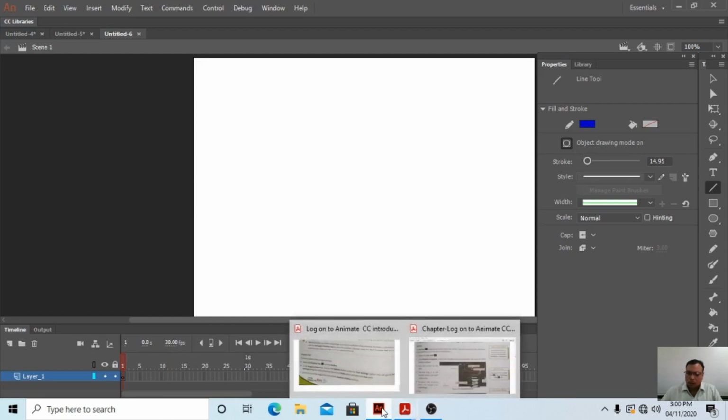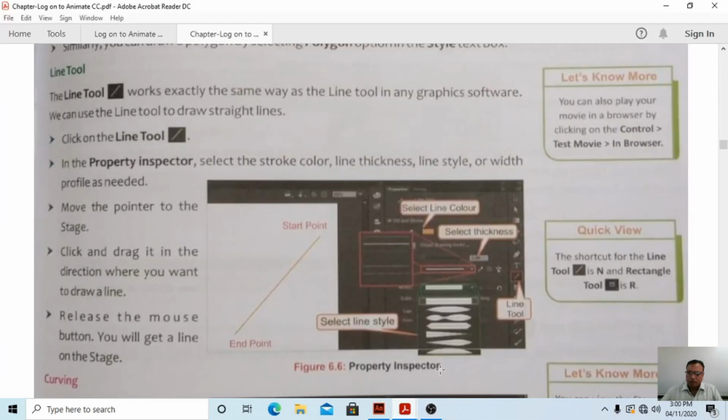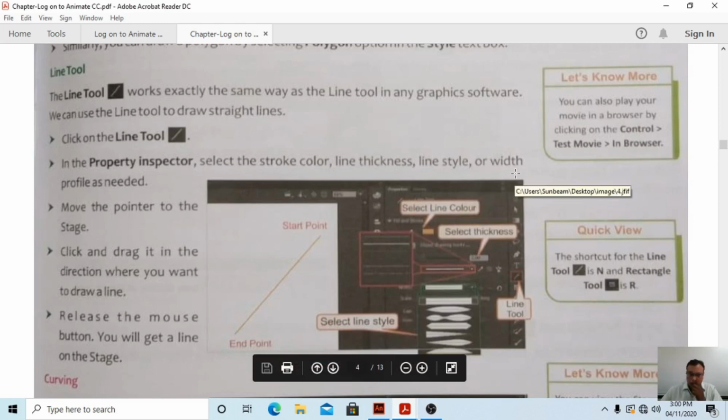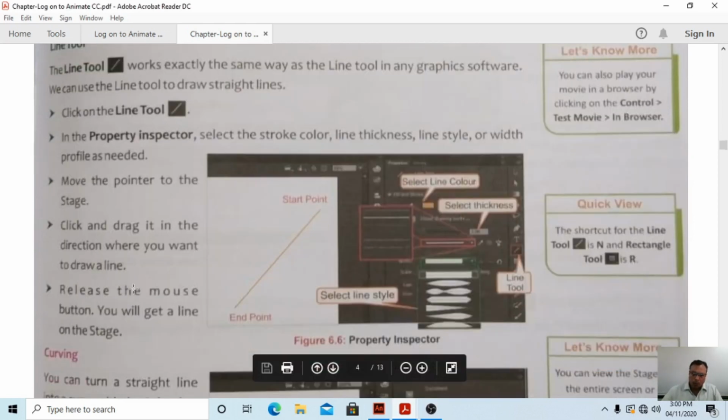You can see here what it says: stroke color, line thickness, and line style, or width profile as needed. Move the pointer to the stage, click and drag in the direction where you want to draw a line. Release the mouse button, then you will get a line on the stage.